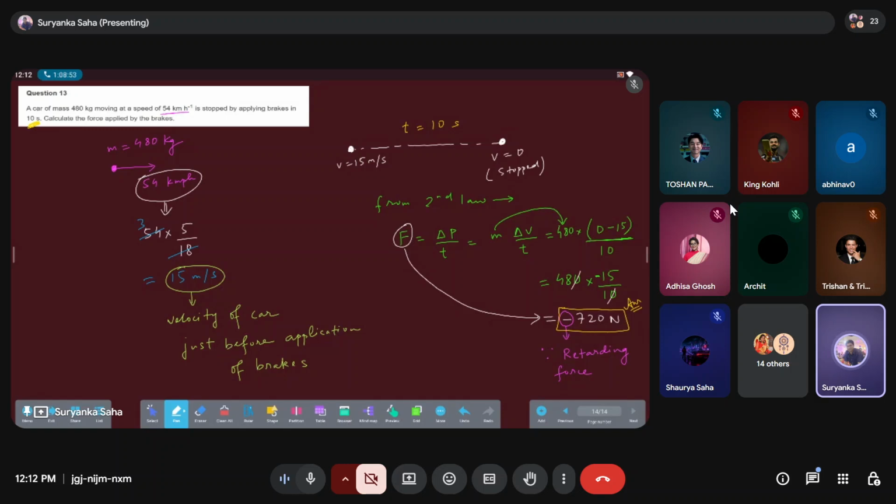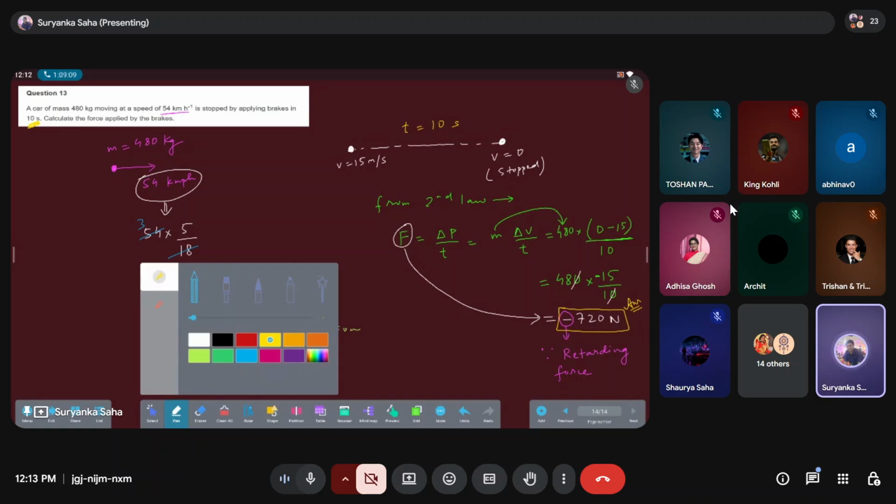That will be considering the direction of the car. Okay, so only magnitude, if you write, then you can write only 720. Okay, magnitude of retarding force. So I'm writing the magnitude of retarding force over here is 720 Newton. Let me write over here, magnitude of retarding force,